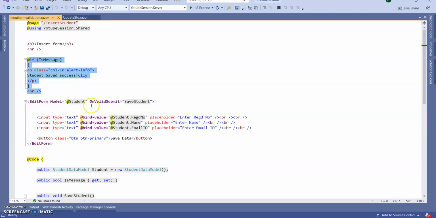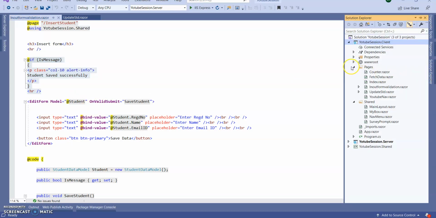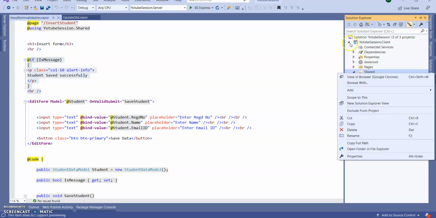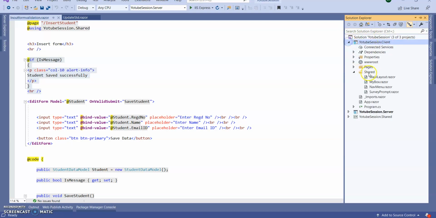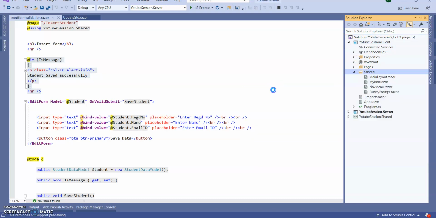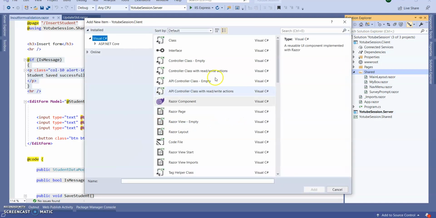Okay, so how can we do it? Go to Solution Explorer. In the client application, in the shared folder, create one Razor component. Let's say I am creating it for a message box.